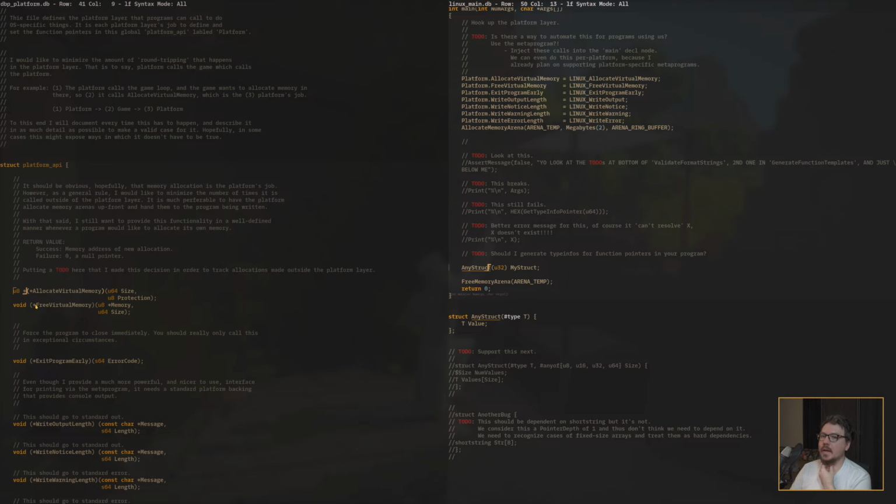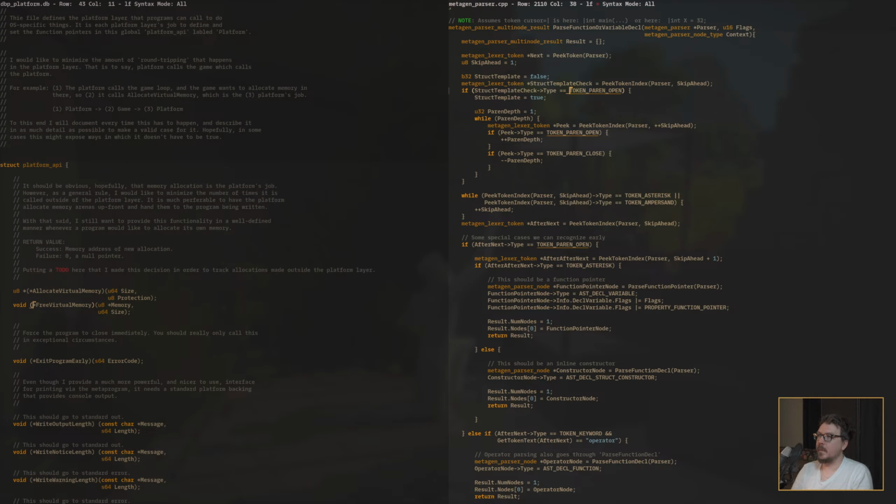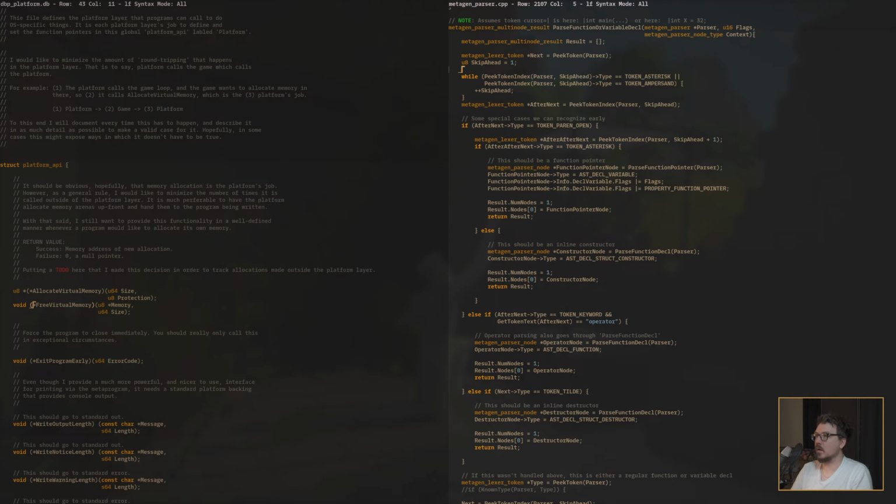Okay, a function pointer has to have a star here. This will never have a star there. So this check can't come here. This has to come here. So parent, if the next type is a parent open, then